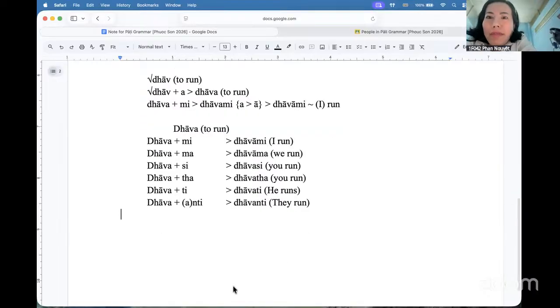The second. Dawami, I run. Dawama, we run. Dawasi, you run. Dawata, you run. Dawati, he runs. Dawanti, they run. The third. Dawami, I run. Dawama, we run. Dawasi, you run. Dawata, you run. Dawati, he runs. Dawanti, they run. Okay, and then now,